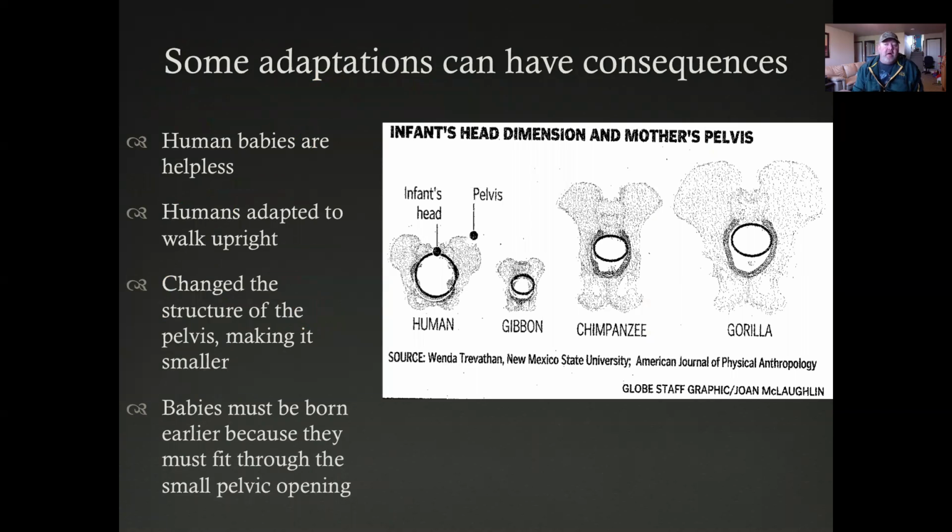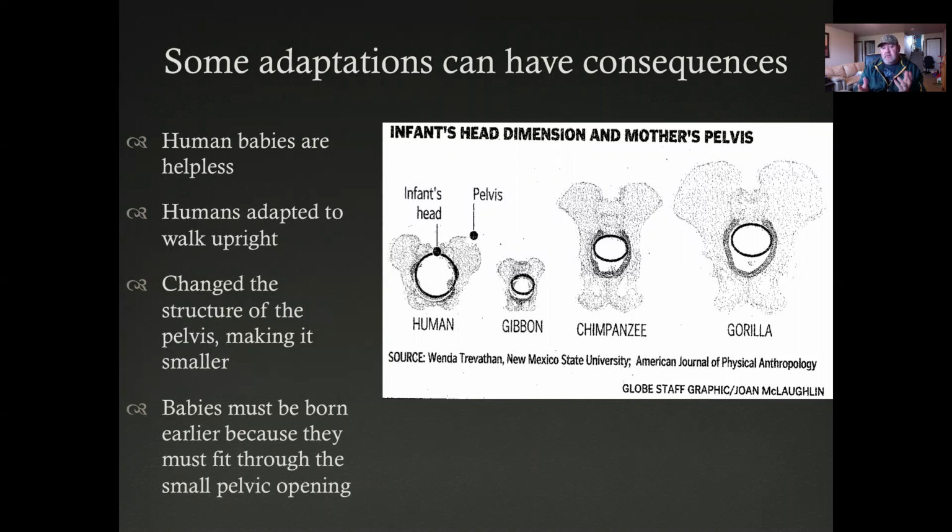Okay, not all adaptations are good. Some adaptations have consequences, and sometimes it's okay, sometimes it's not. But evolving from other primates, humans developed the ability to walk upright, okay? Now, the human head is really big, okay? And human babies are pretty helpless, right?